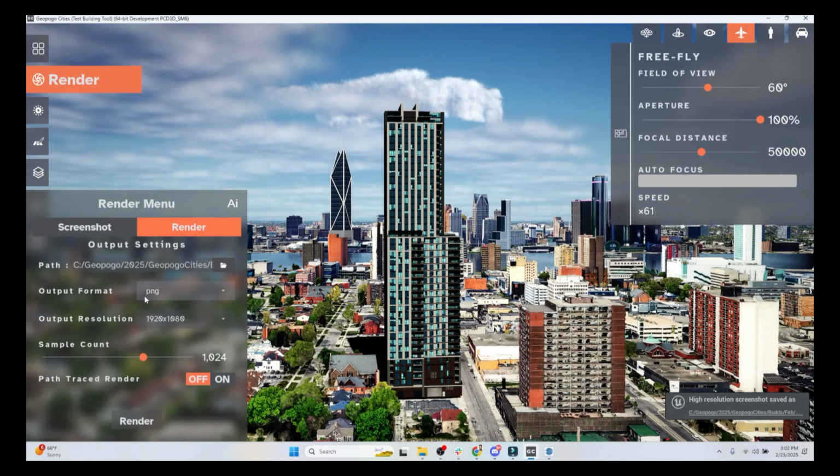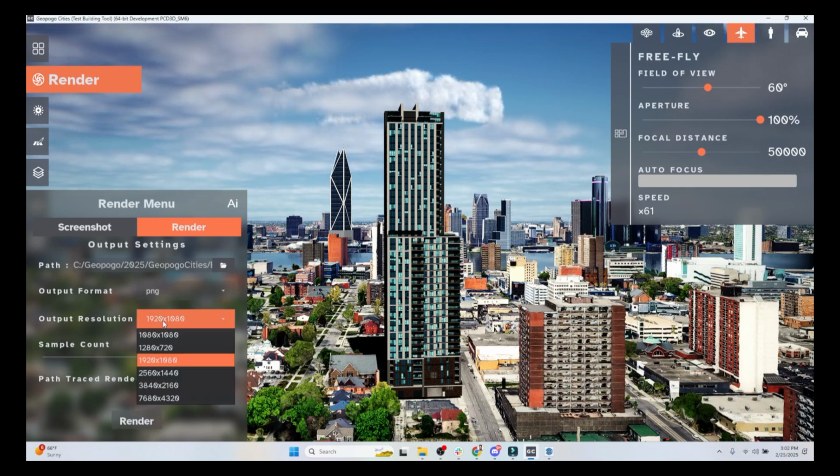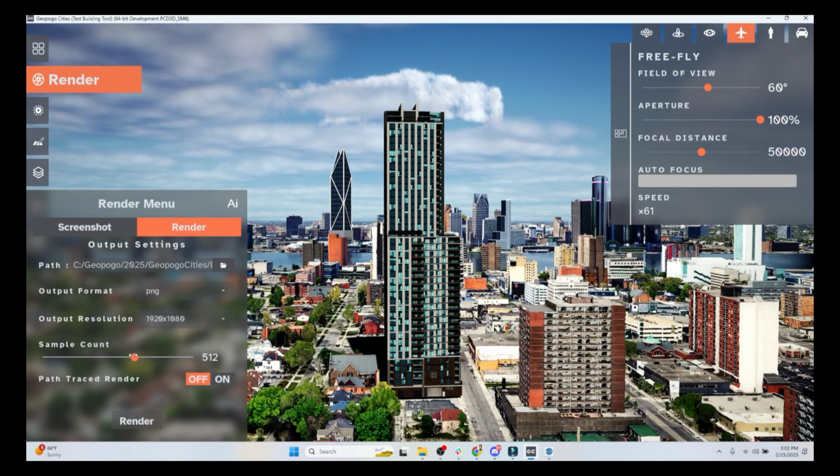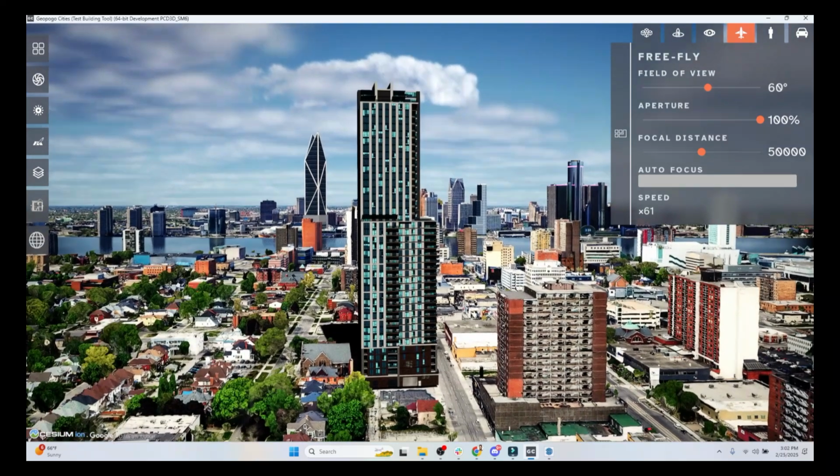I can also render in here as well. I can save out where I want the rendering to go, my output format, my resolution, and my sample count. And we can even turn on the path tracer for more enhanced rendering. But for right now, we're going to do our final controls,